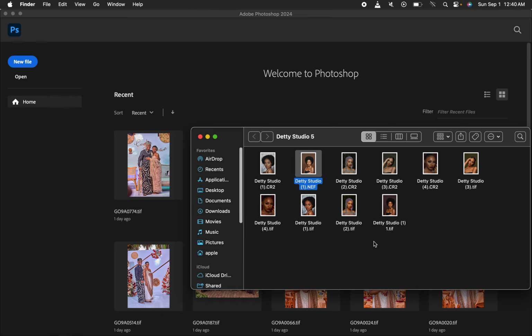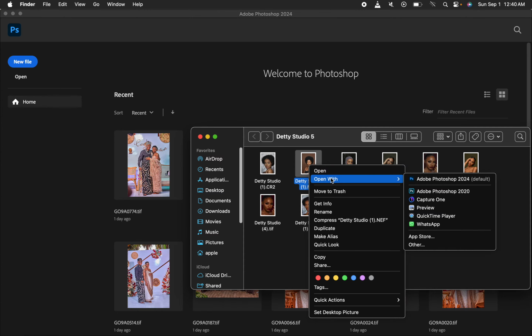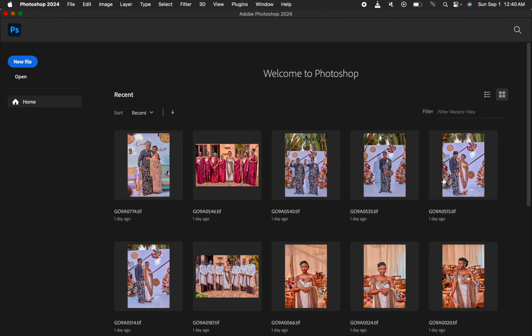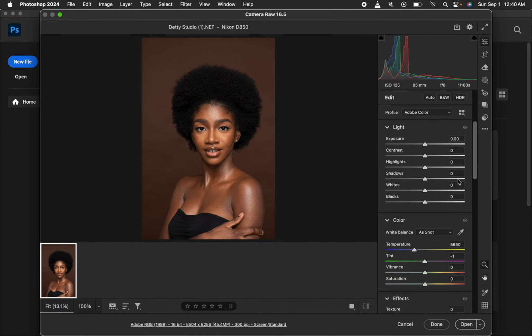So I'll just come to this image. In order to open up the raw file in Photoshop, simply select the photo, right click, come to open with, and select the Photoshop version that you're using. So right now the image is going to be open in Photoshop, and the next thing is going to be